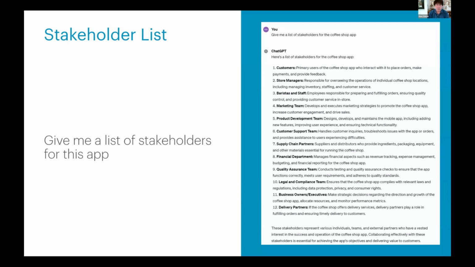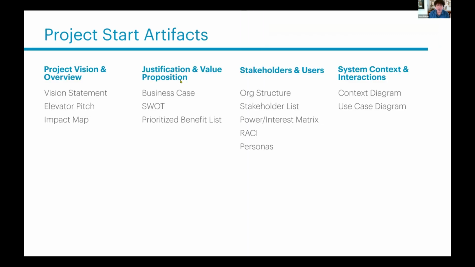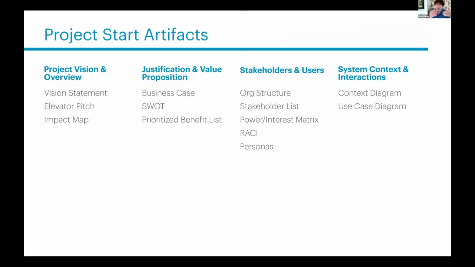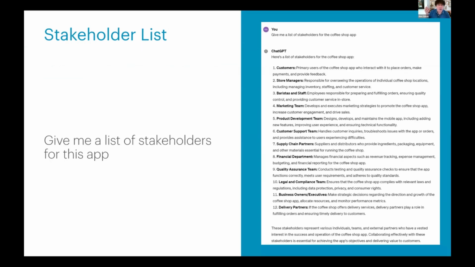ChatGPT, Claude, all of these agents, you just have to ask, well, tell me about what's involved in ordering coffee from a coffee shop. You kind of go back to prompt style number one, the minimal prompt, and it's still going to tell you a lot about what's expected. Sometimes this is referred to as a metaphor. This is basically the idea that you haven't given it a lot of information, but its basic trained knowledge is there to be able to give you this kind of information.